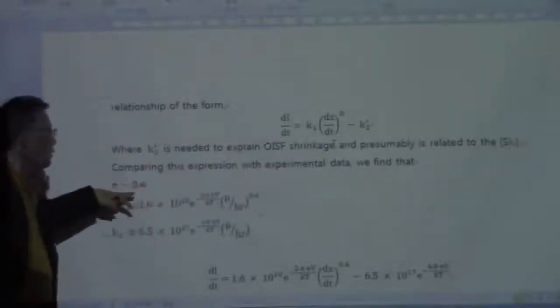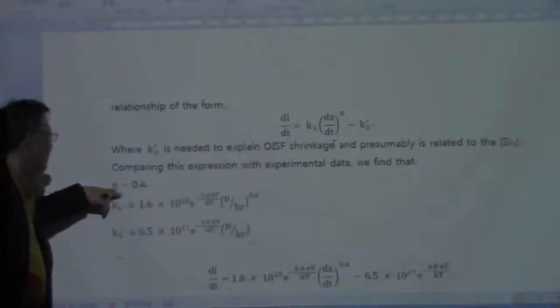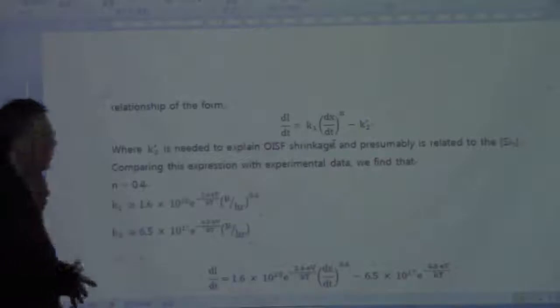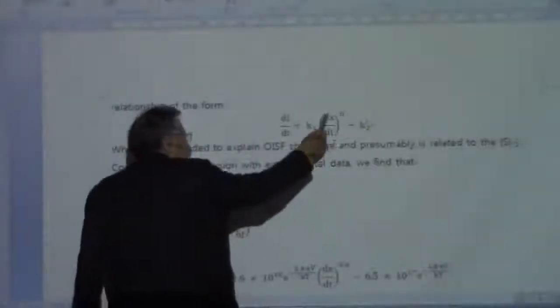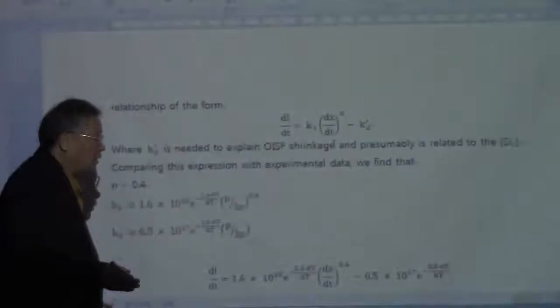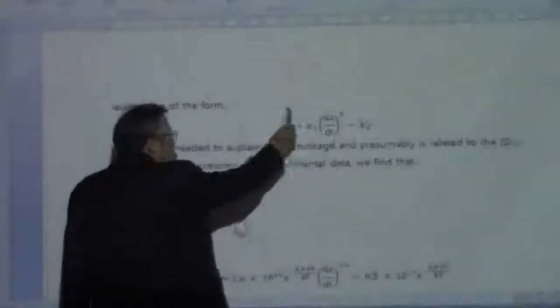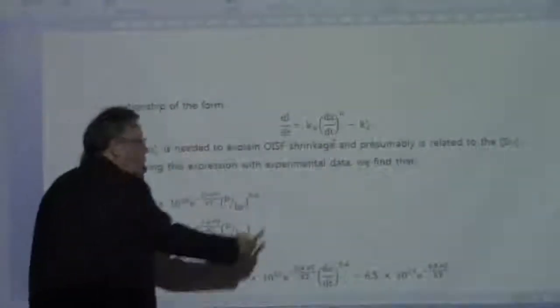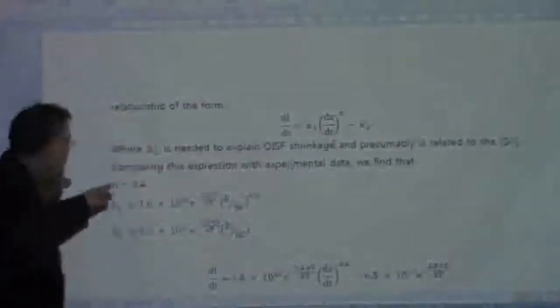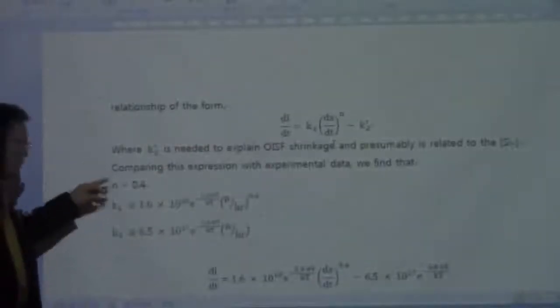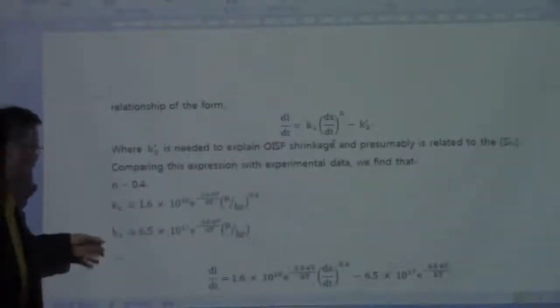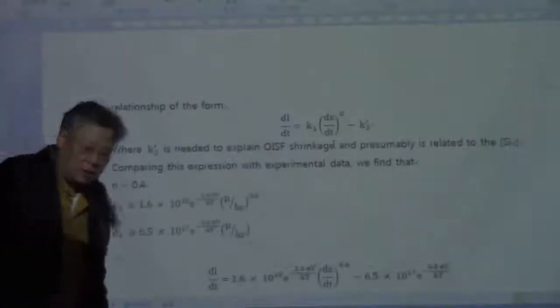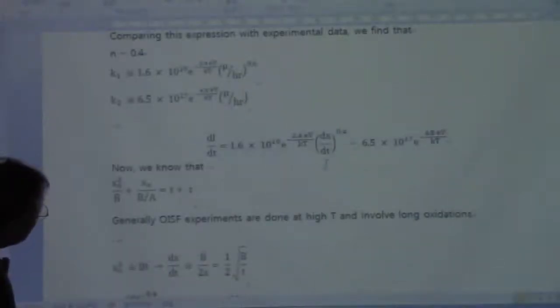Compared to the expression with the experimental data, we can see that n is about 0.4 here. So this is the growth rate, and since we have seen in the experiment that stacking fault grows with the oxidation, it should be related to the oxidation rate, and then experimentally we can determine the value n here. K1 we can determine from the experiment, and K2 also has been determined from the experiment. So we have this equation,